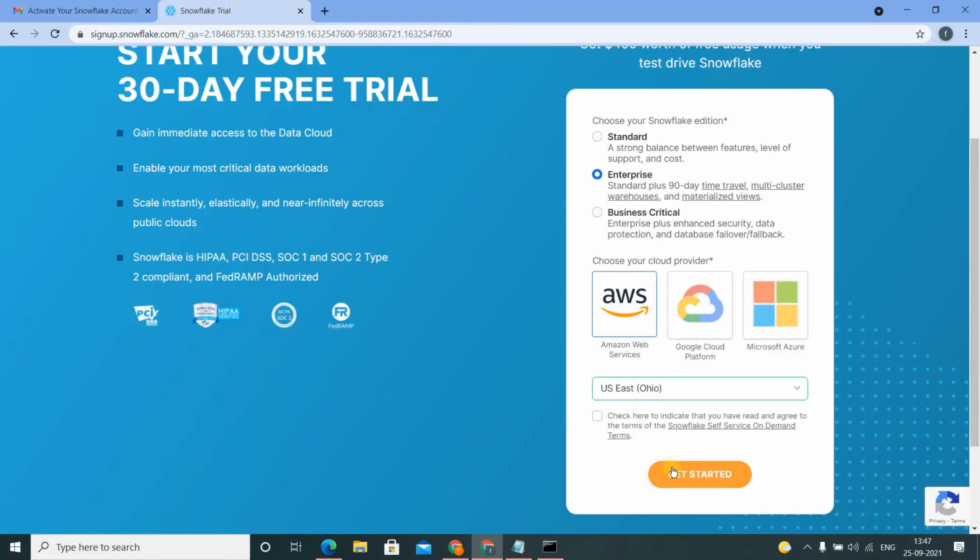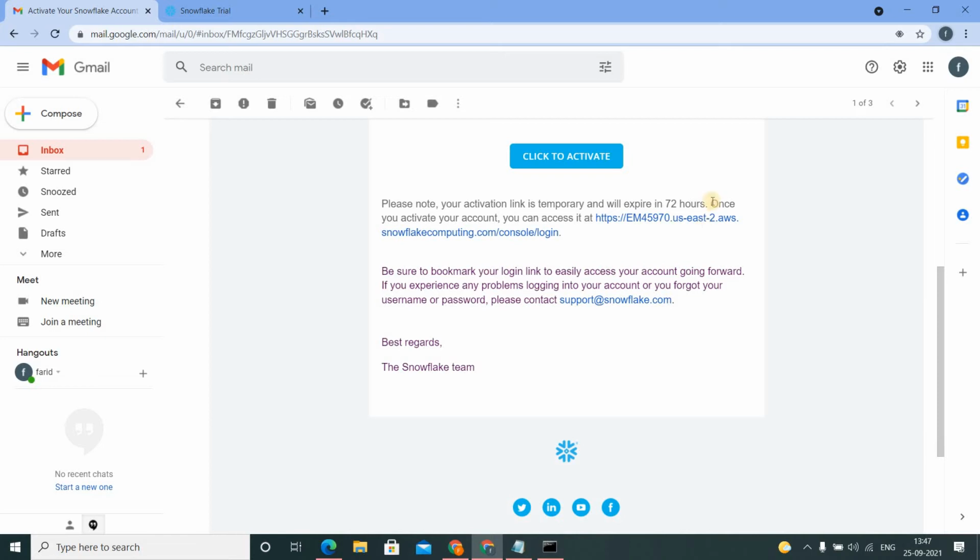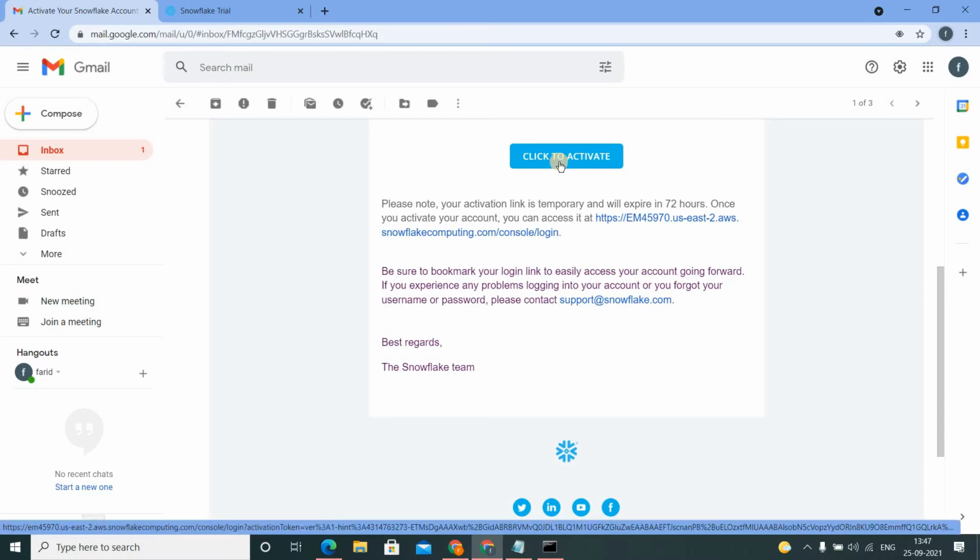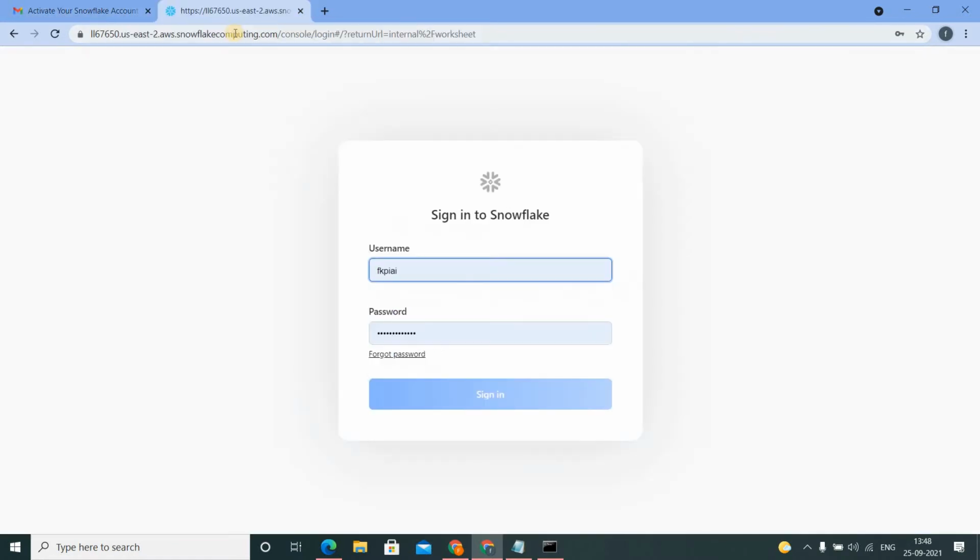Once you click on Get Started, Snowflake is going to send an email to activate your account. Click on that to activate your account with Snowflake. Once you activate your account, you will get a page like this.